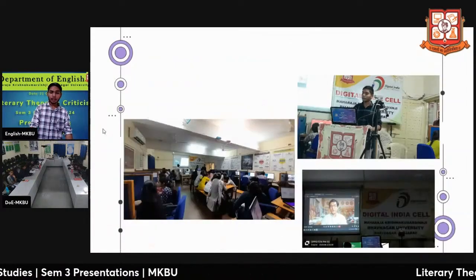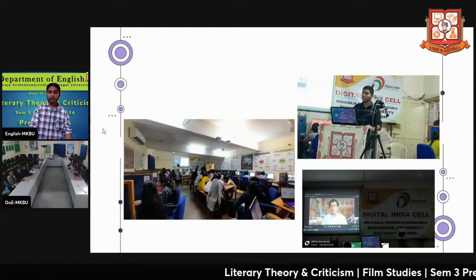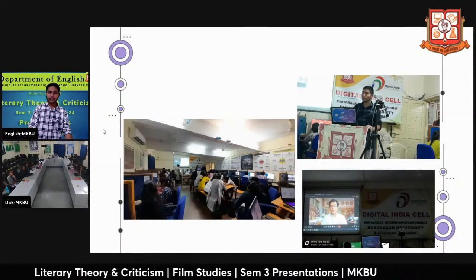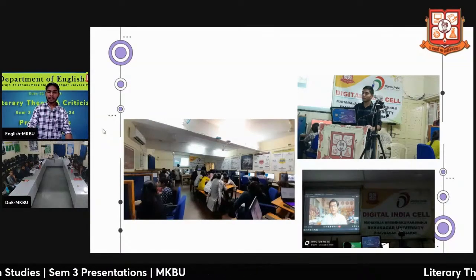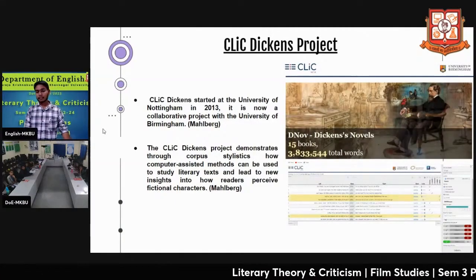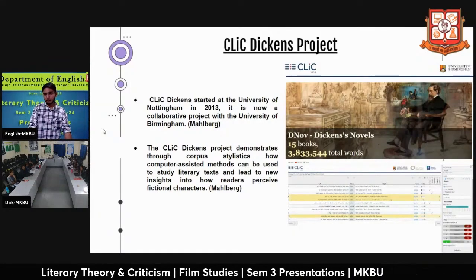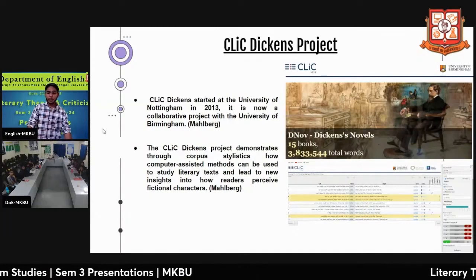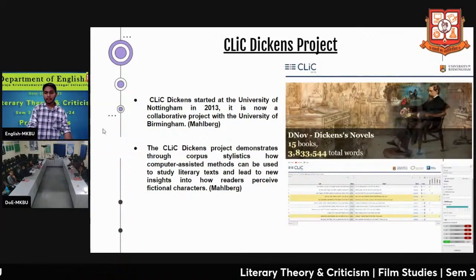We also go through some workshops or seminars throughout the academic years for teaching and learning digital skills and the use of digital tools. It is very much in practice here. And if we look in a broader sense, some other works are also in practice that are making literary criticism very easy with the help of digital humanities.